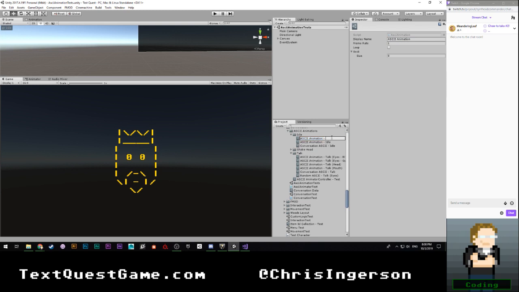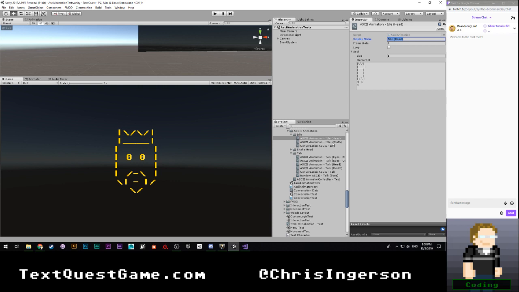This is going to be idle mouth. I can rename this idle head. Idle mouth, I think it's literally just that. Put this in right here. We're going to go ahead and have that loop. Frame rate of 1, not that it really matters.